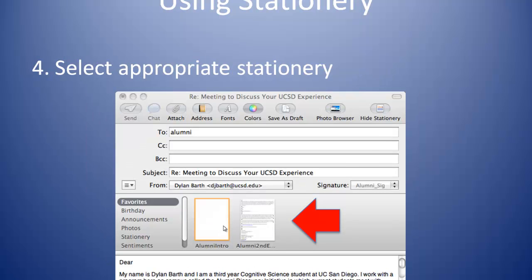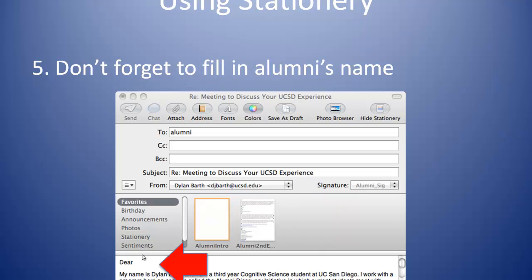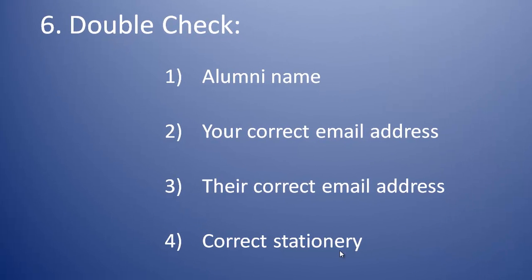And so you want to click on the appropriate template email. So you see here I clicked on alumni intro, and it automatically fills the space of the body of the email. And then you can click to insert the alumni's name. And as you're going pretty fast, it can become pretty easy to automate this process. So you want to make sure that you don't forget any steps, because, not that I've ever done this before, but sending an email that seems really templated can obviously throw an alumni off and make them not feel singled out. So make sure to fill in their name, and then do a double check before you send off the email,